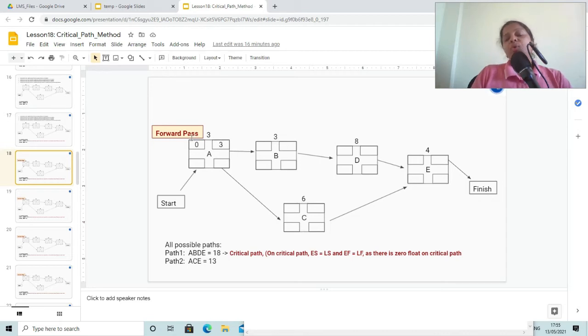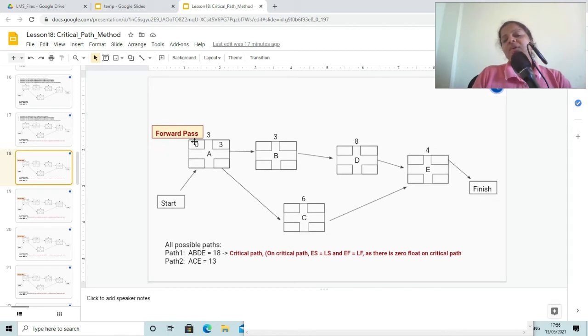Yeah, you may even start it from 1, but if you start this activity from day 1, then you will have to keep on adding 1 in each of these activities while you do the forward pass, and you will have to subtract 1 from each of those values while you do the backward pass.